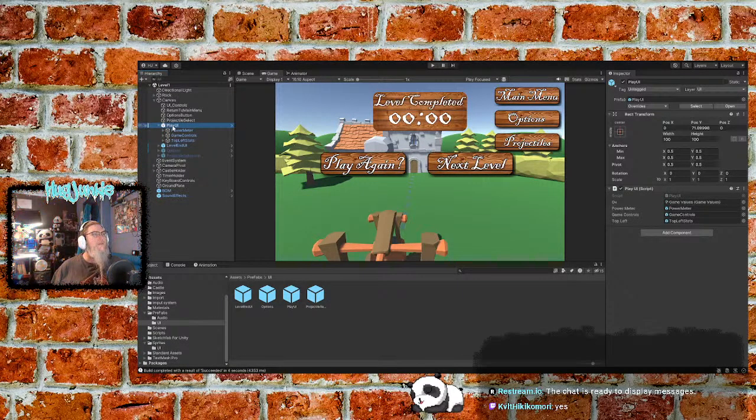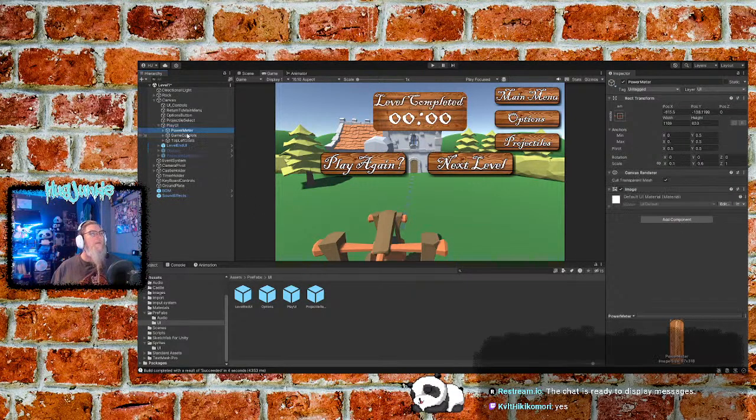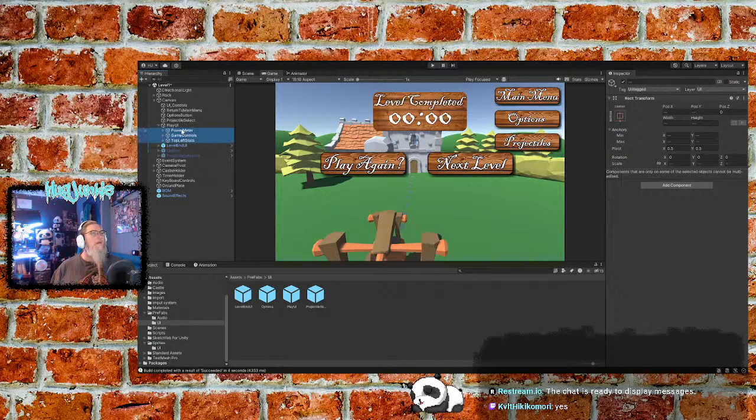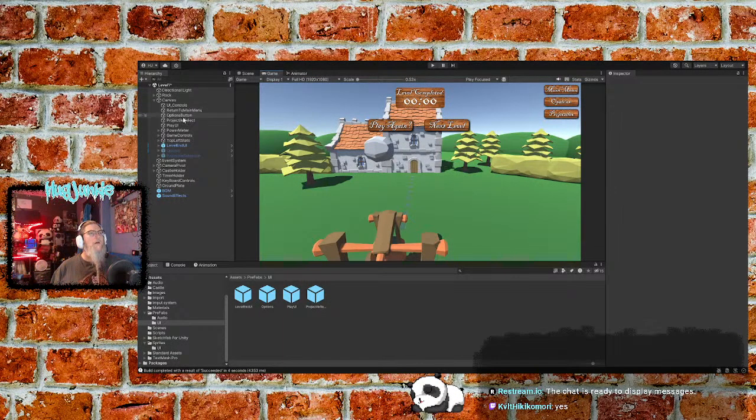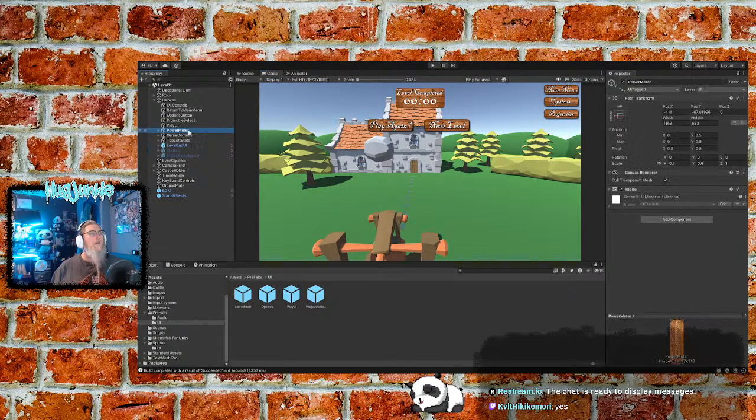Can we detach this as a prefab? Unpack. Cool. Right, let's try power meter. So that